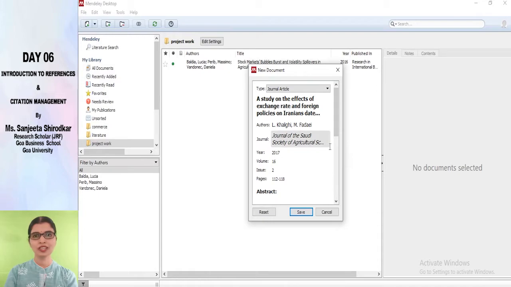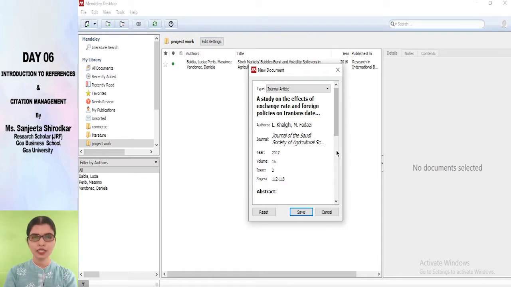Now one more thing I would want to add while discussing this point is there are many referencing and citation tools, but none of these tools is free from errors and rectifications. They are auto identifying your details regarding the article, such as article name, author's name, issues and everything. And here also when the details have been pulled out by Mendeley, there is no guarantee that all these fields will be properly filled. There are always chances that there might be some issue in identifying the year of publication, or there might be some issue with the title, or there might be some more issues.